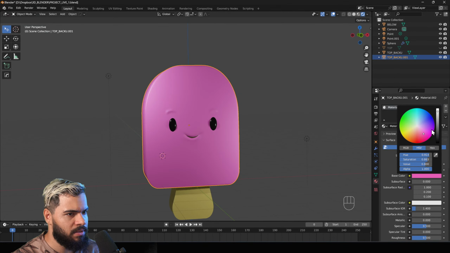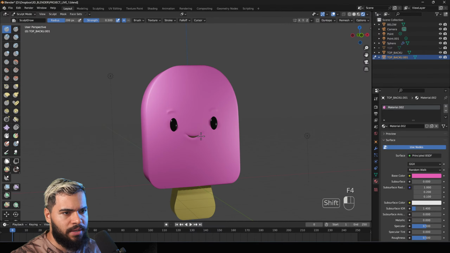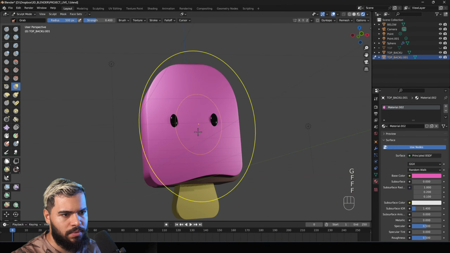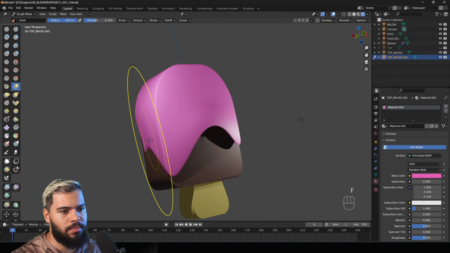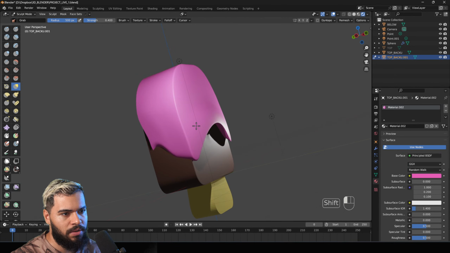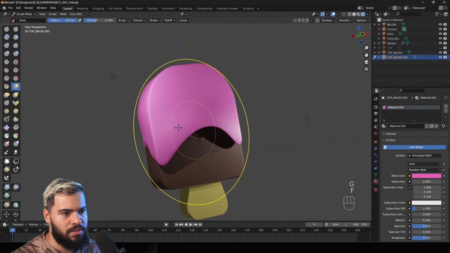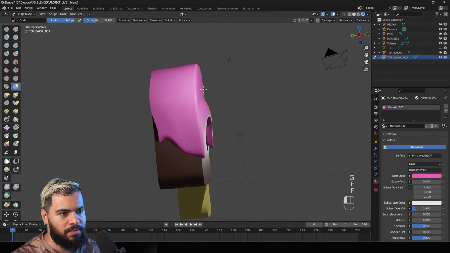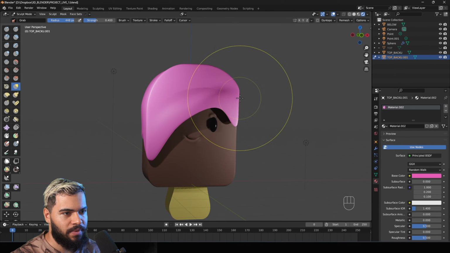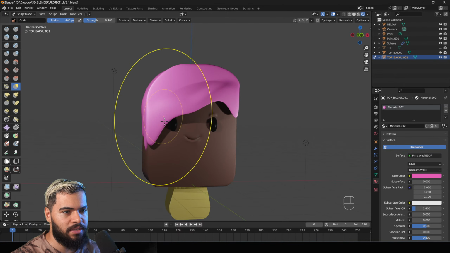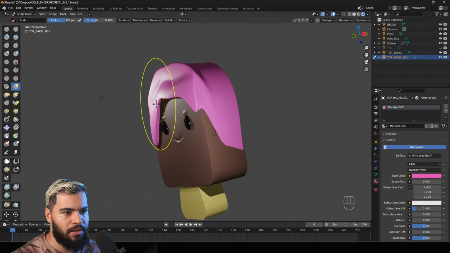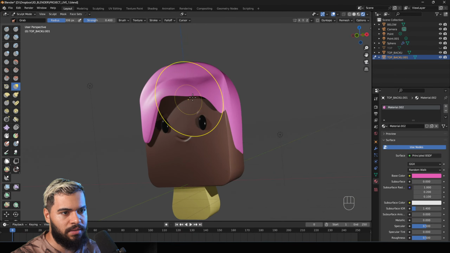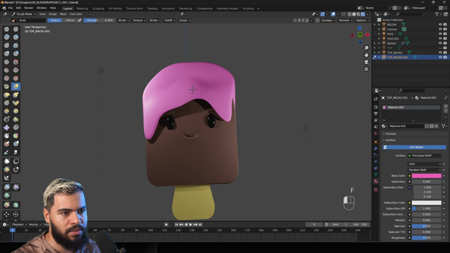Let's make this pink, and I will soften this more, and then I will change this. Oh look, guys, I'm just doing this off the top of my head. I have not planned this at all, so I'm just checking how we can try something new here. I've just duplicated the same shape, and then I'm sculpting this to make it like ice cream melting here.